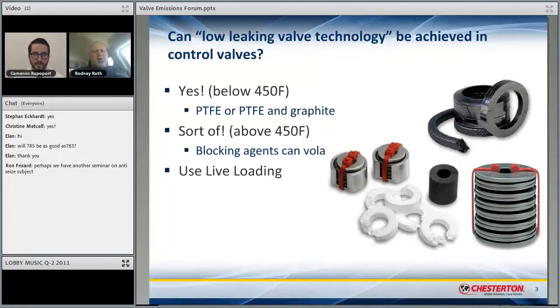So 624 does not apply to anything other than 600 and 602 by specification today, but it can be used to validate other stuff. So if your graphite packing is working in a globe valve, which rises and rotates, there's a pretty good chance if you put it in a plug valve, which is API 599, which just rotates and doesn't rise, it's going to work very well. Same thing if you put it into a ball valve, which just turns quarter turn. As long as you have enough depth to get enough rings in there, most often it's going to seal very well.